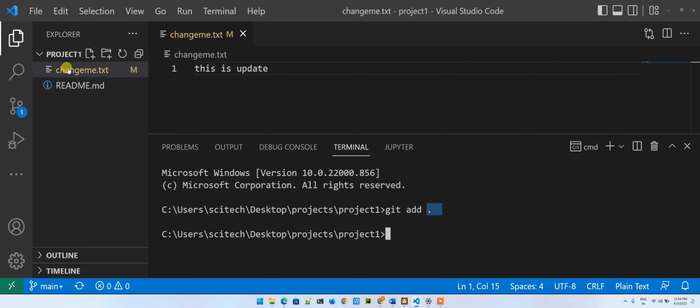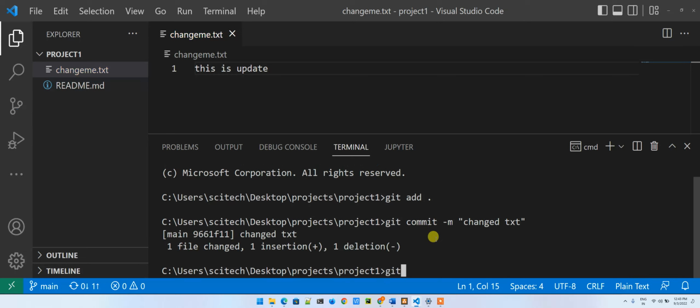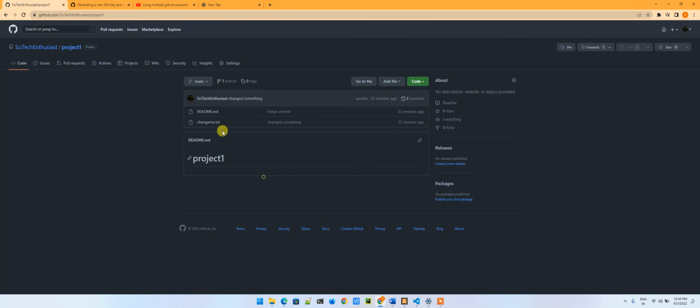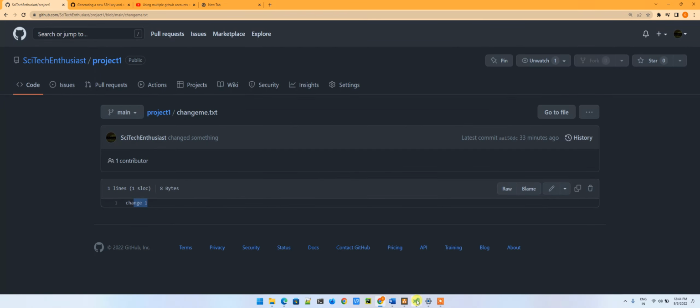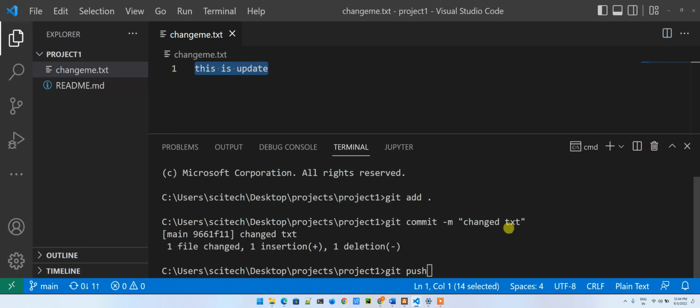If you want to add a specific file, not everything, you can use git add, and you can refer to the git help docs for that. So you can add whatever file you want to stage actually. And then here I will just say git commit -m and then some commit message. So let's say, changed text. Okay, after that I will just say git push. Currently we are in project 1, which belongs to this user. In the changeme.txt, the text is change 1, right? Now it will be changed to, this is the update. So when I push it,